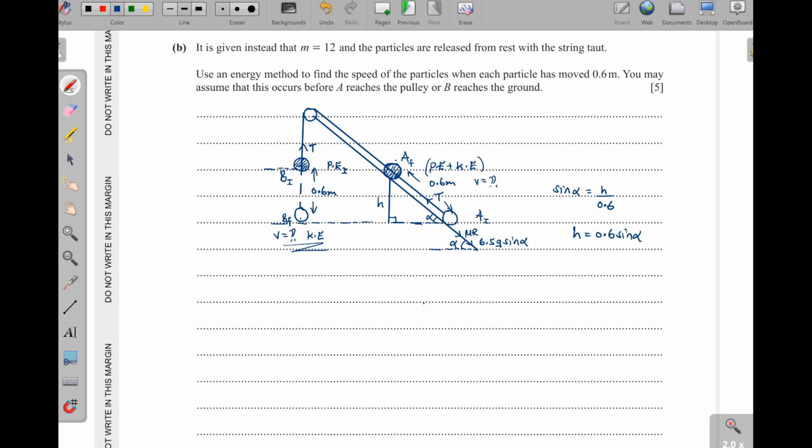Remember, we have work done by the driving force minus work done against resistance is equal to change in mechanical energy. That is the work energy principle. Work done by the driving force minus work done against resistance is equal to the change in mechanical energy. And I've already said that mechanical energy is the sum of kinetic energy and potential energy. Okay. Now, from here, work done by the driving force, since these particles are falling by themselves, okay, then that means we are not going to have